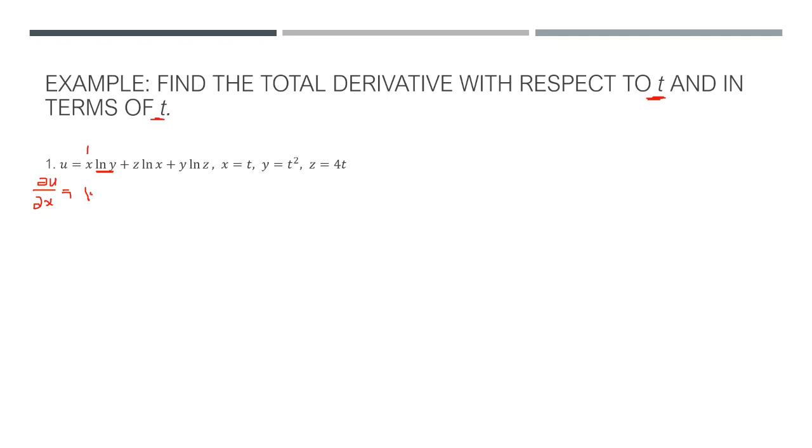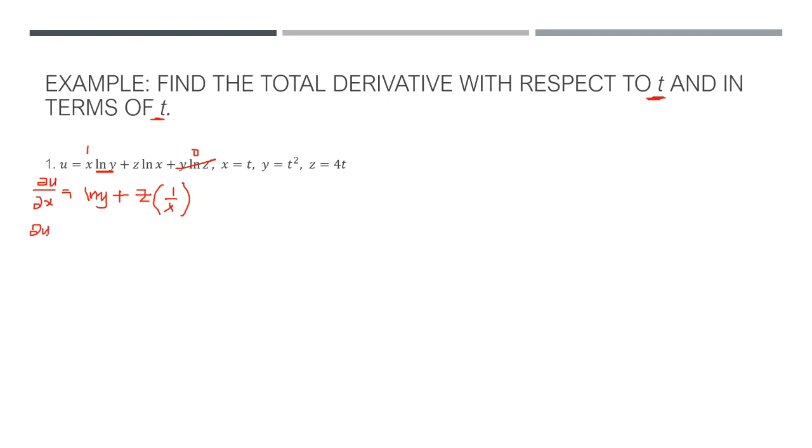So this is ln(y) plus z, which is constant, times the derivative of ln x, which is 1 over x. And for this one, since this has no variable x, meaning to say this is constant. So next one,